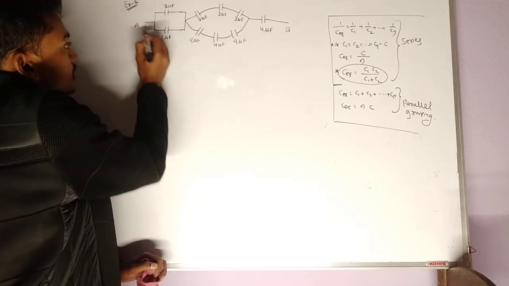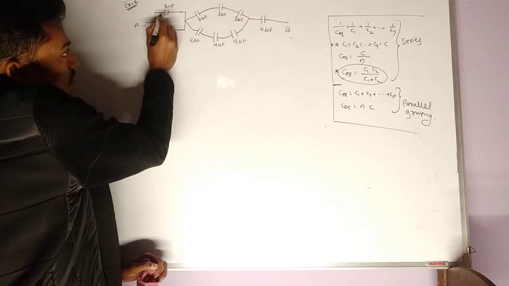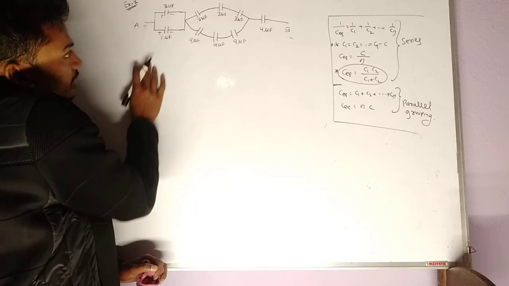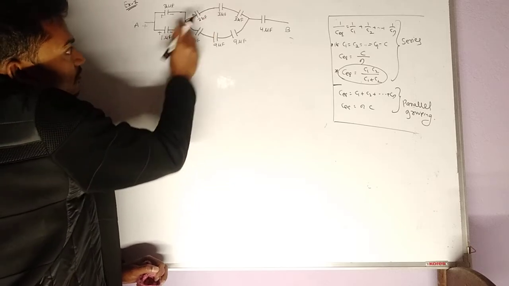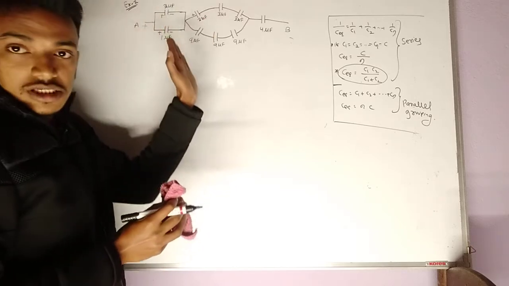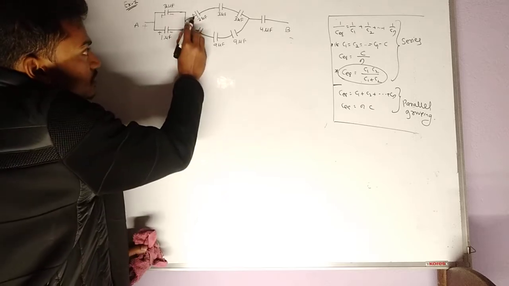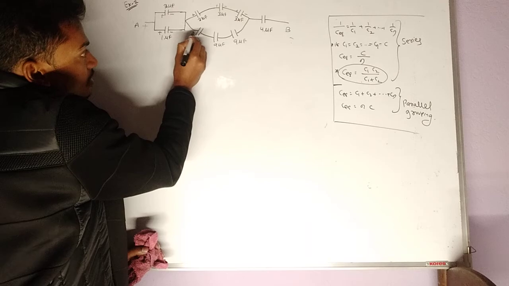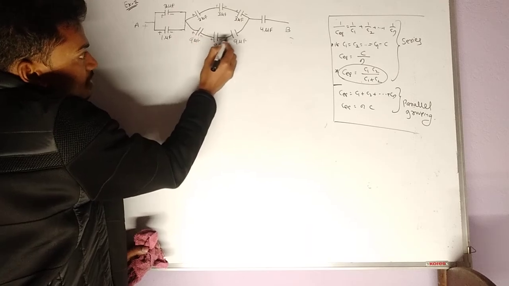So this is positive and this will be negative. So this will be positive and this is negative. So this will be positive and this will be negative. Positive first means first plate will be positive and second will be negative. So first plate positive, this is negative, plus and minus, plus and minus, plus minus plus minus plus